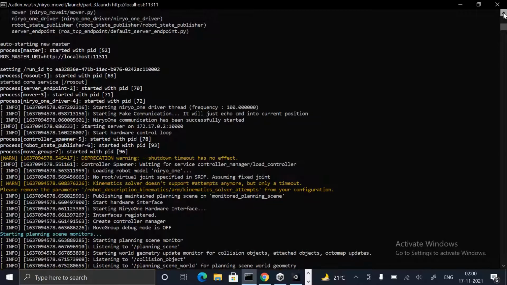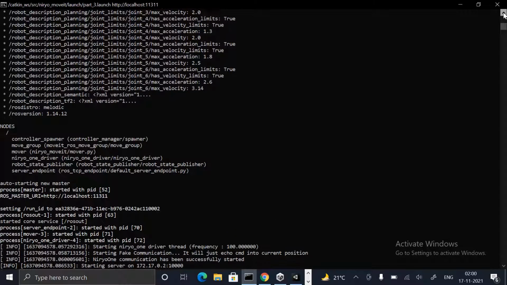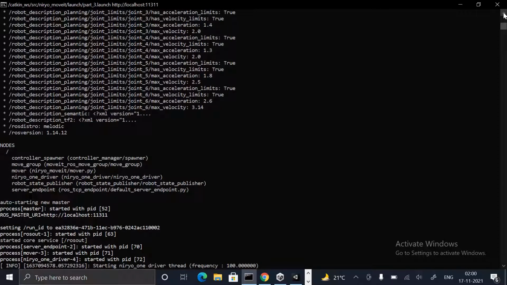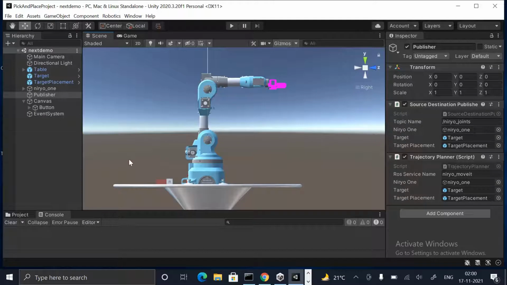That is for the scene to get hooked up with the Unity itself. The process goes step by step, and we are on the verge of communicating with this. So it says now we are ready to plan. The ready to plan option is such that it does the communication itself. Now, if we go to the Unity front end, what are the things that are there? Now you see there is this publisher option. In the publisher option itself, you will see there is this ROS service name, and we have attached a